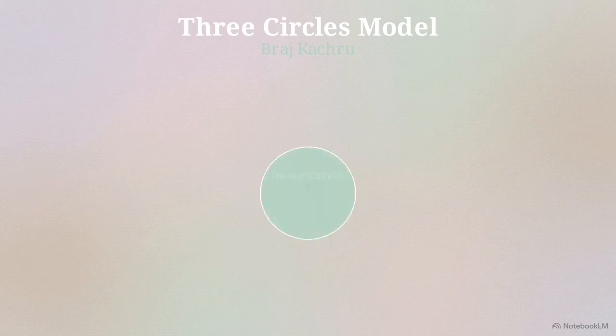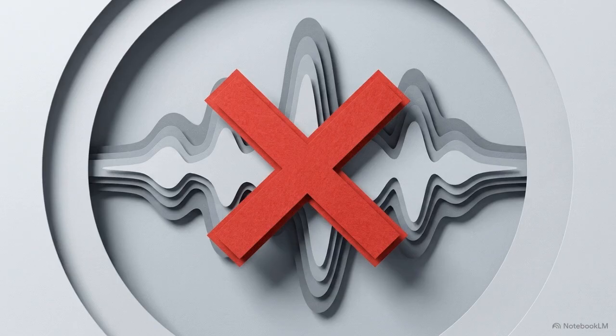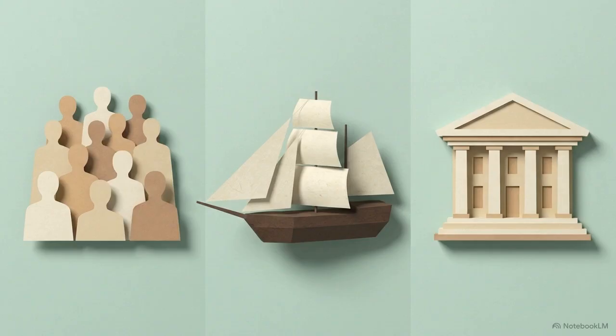The mint green center is the inner circle, majority first language nations. Moving outward, the outer circle features post-colonial nations, where English is a secondary institutional language. Finally, the expanding circle uses English purely as a foreign language. Membership in the inner circle has nothing to do with phonetic purity. It is defined strictly by the presence of native speaker communities, a history of colonial settlement, and local institutional control